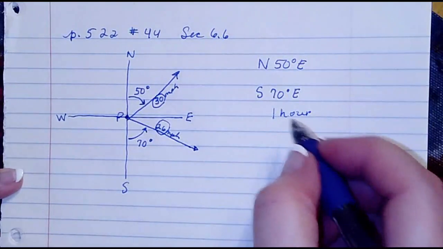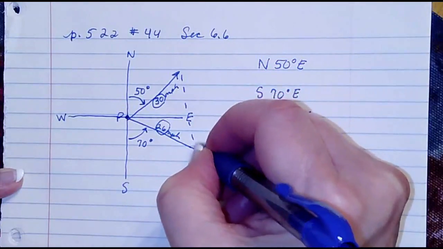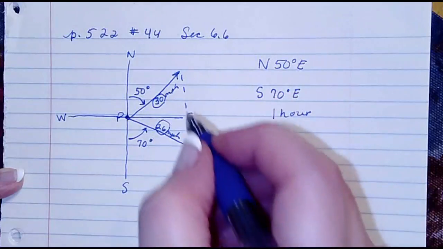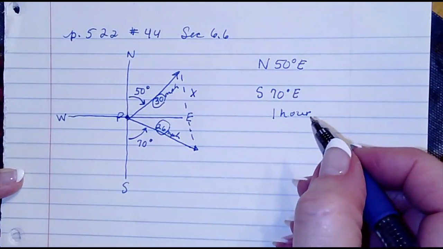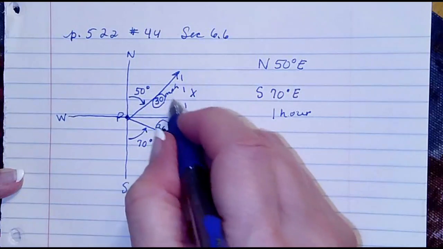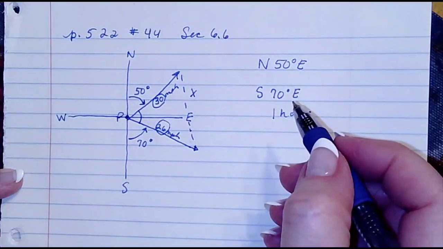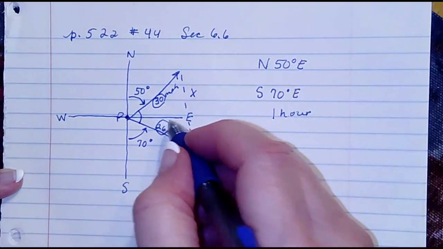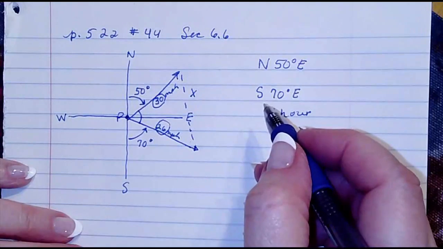Because they've only gone for 1 hour. They want to know how far apart they are. So we're looking for this distance from here to here. Let's call that something like x. Well, what do we need? We need this angle inside here, because this would form a triangle, right? So how do we find this angle between the two sides? Because if we have an angle that's included between the two sides, then we know we can use law of